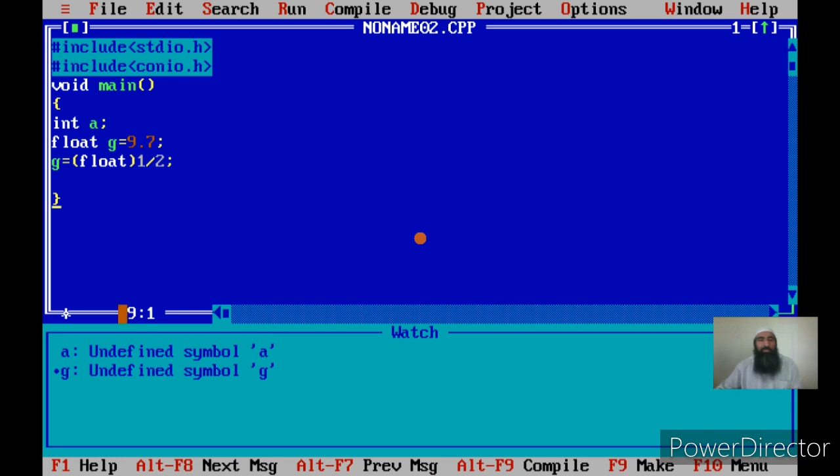So this typecasting was done by the programmer, and the compiler-defined typecasting will be done by the compiler. There are two types of typecasting that a programmer can do. Suppose he is casting a variable of a lower data type, say integer. He can typecast it to float. That's called promotion. And if he typecasts the float into an integer, he is doing demotion.